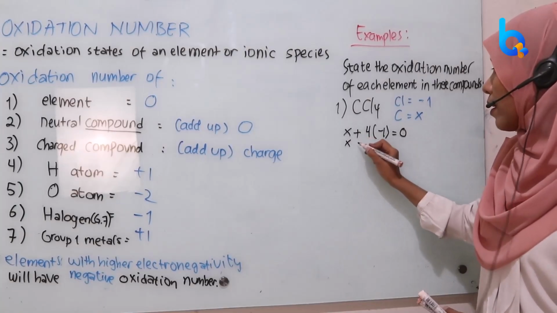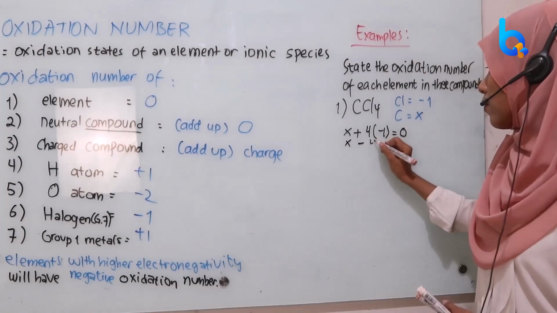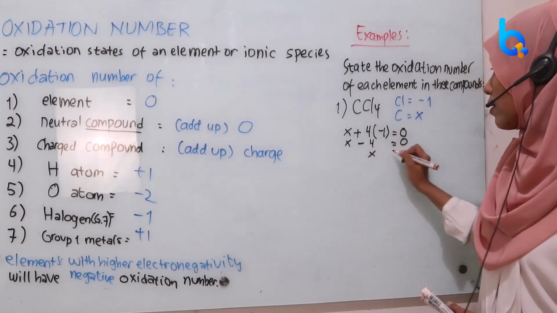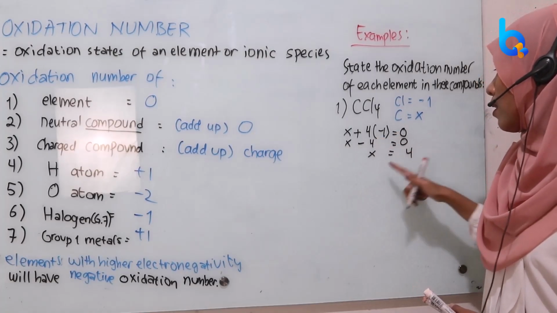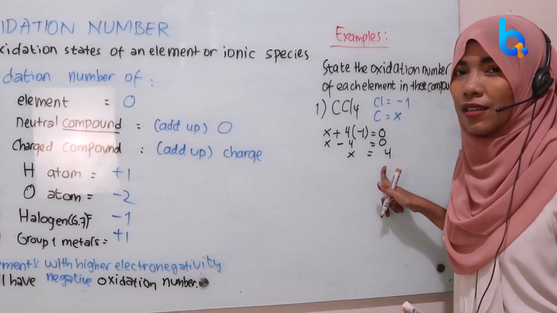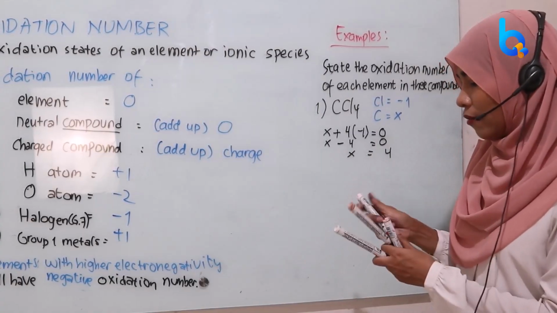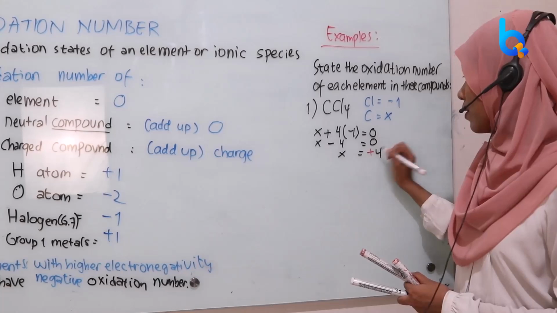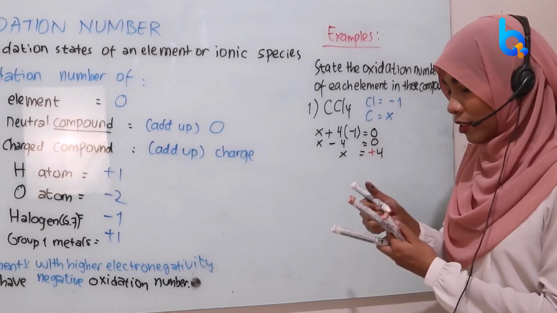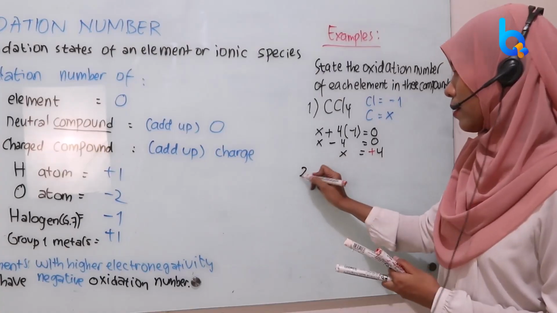Now we simplify the mathematical expression here. X minus 4 equals 0, so X equals 4. But because we talk about oxidation number, we must write the positive and negative sign. So we have to write the positive sign here because 4 means positive, right? And then the second example here is